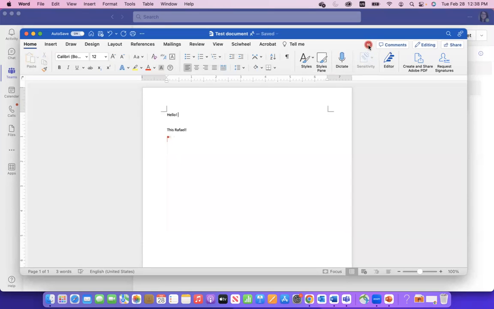And his little icon is right here. So I know that he is in the document right now and is making changes to it as we are talking. And everything is being saved automatically, so you don't have to worry about any of that. So that's an example of how that real-time collaboration works within Teams.